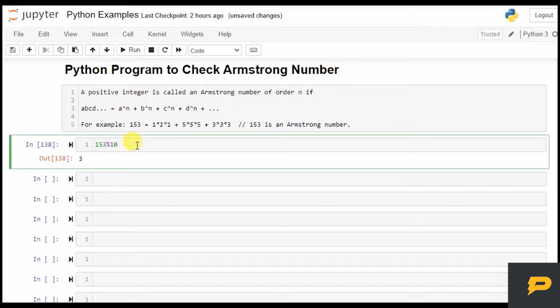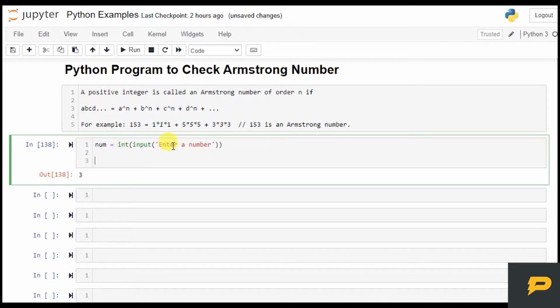So let's write it in a loop. Let's take the number from the user. The user will enter an integer, which will be our input. Also we need to take the power of the order. The order is the number of digits